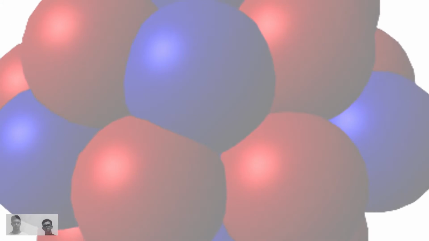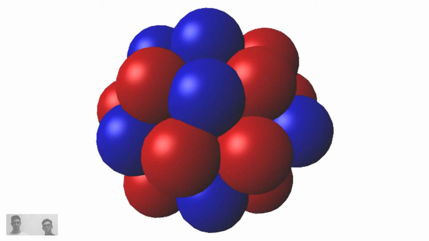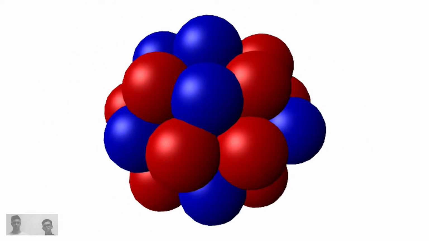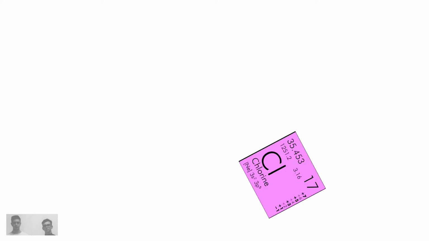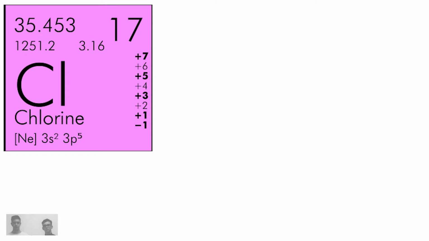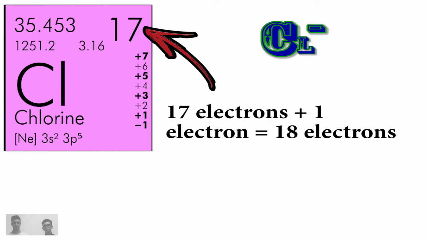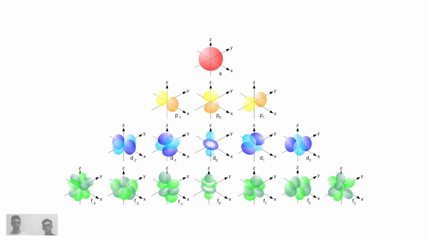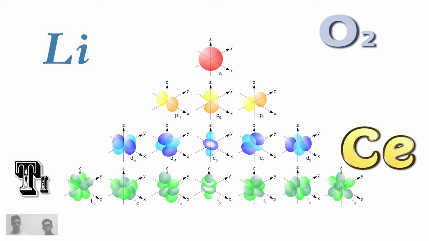We have to remember that the electrons are what moves from atom to atom, and not the protons, which are bound to the neutrons. That's why the number of protons cannot vary. If we have chlorine, in this case chlorine has 17 electrons and it gains 1 electron, so it has 18 electrons. We said the electrons are placed in the zone around the nucleus called orbitals. Let's go and do the configurations of some elements, like lithium, oxygen, titanium and cerium.